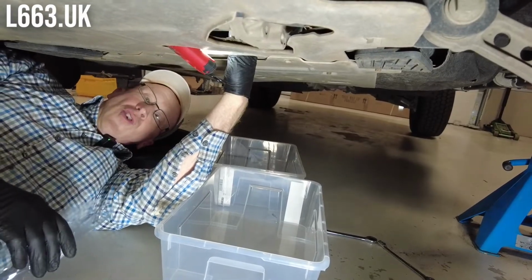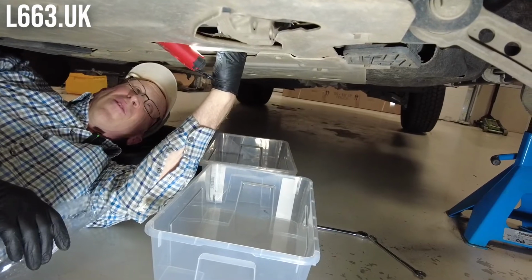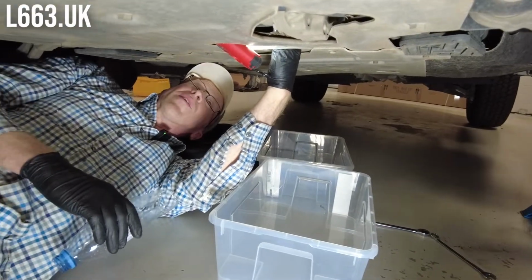Right, now, you should warm your engine up. We haven't really warmed this up. And that makes the oil a little bit thinner, and it should give you a better drain out of most things. But we're going to...